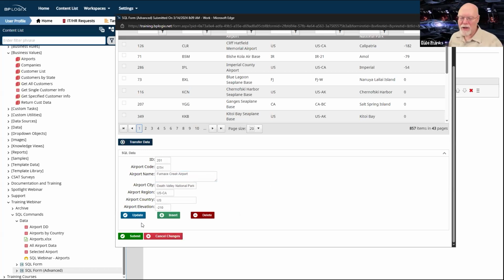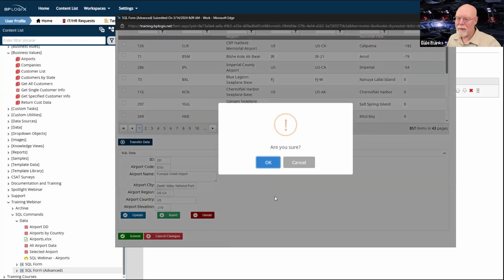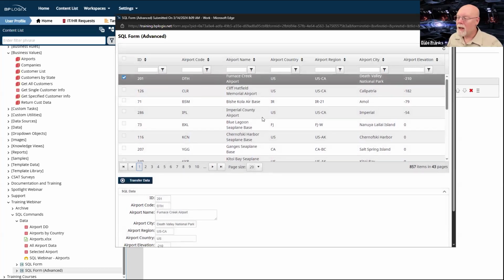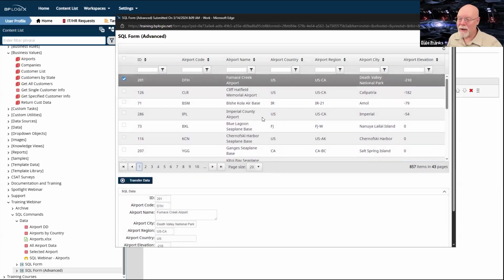So if I don't make any changes and I just click update, okay, it'll tell me, are you sure? I've programmed that into the button as a confirmation dialog. So are you sure? Yes, I'm sure. Doesn't look like anything happened, which is exactly what we wanted to see. Because now let's try to actually change some data.